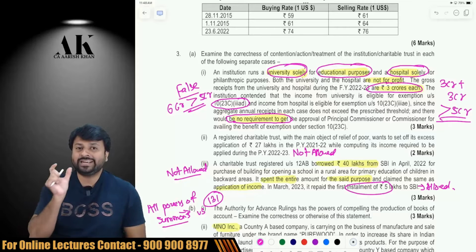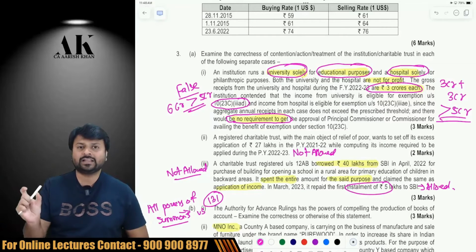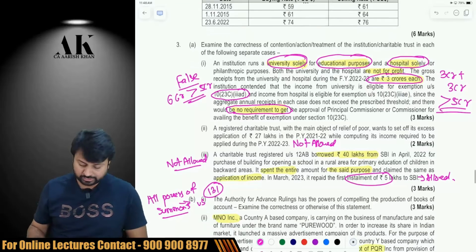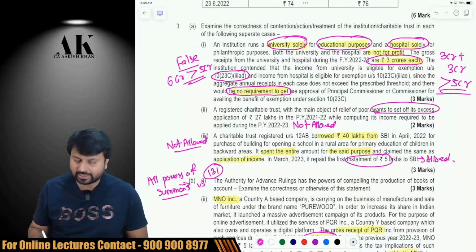You are not supposed to see individual receipts. If the aggregate from hospital and from education is greater than 5 crore, they are liable for what? Registration. Next one. There is a registered charitable trust which has incurred some losses in earlier years because there was